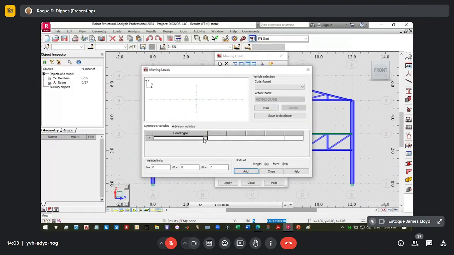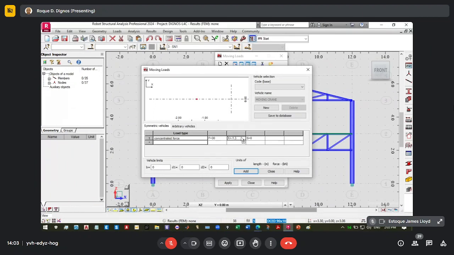So you add the set of concentrated force. So you have 30, x is minus 1.2, and z is 0.